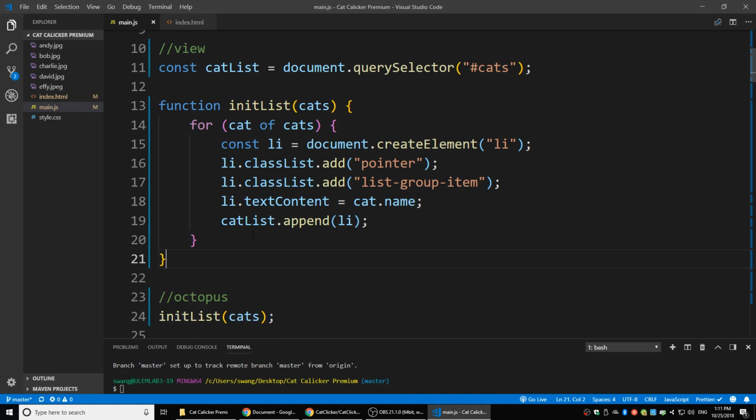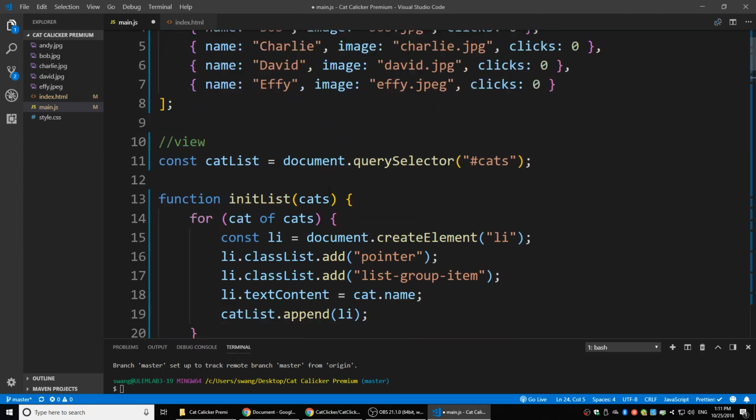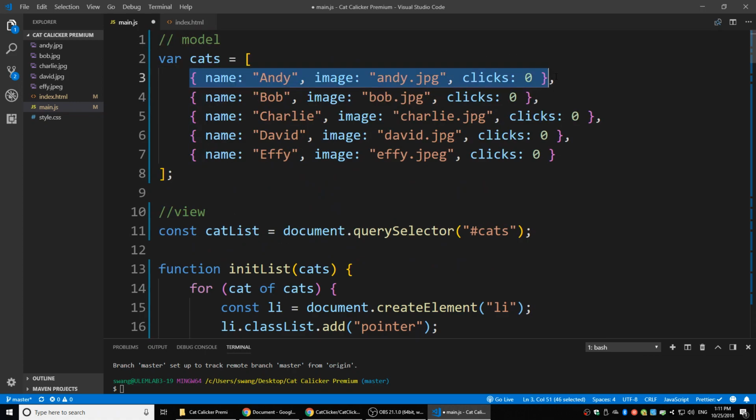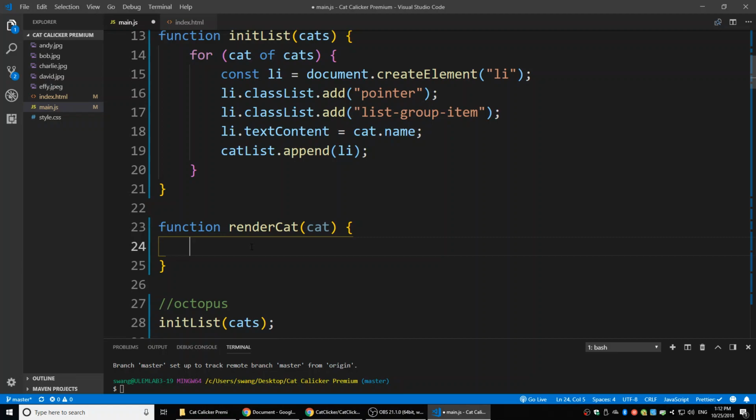So in our view, we're going to have a function renderCat. It's going to render the cat detail. Basically, it's going to take a cat, and when I get the cat, it's passing me a cat object here, and what I need to do is show the cat in my DOM. So it's going to be